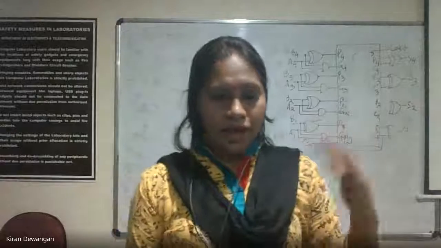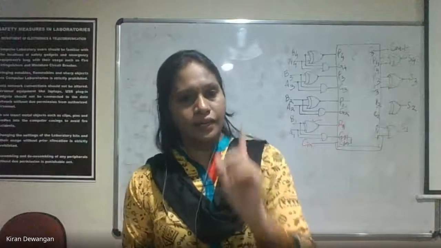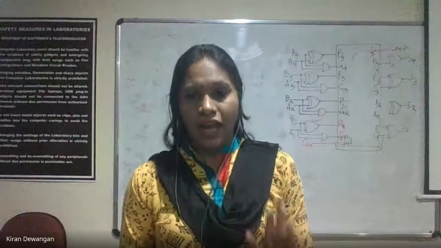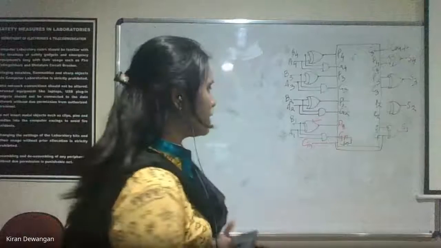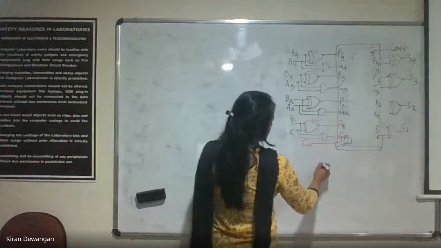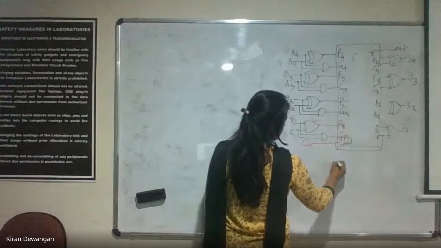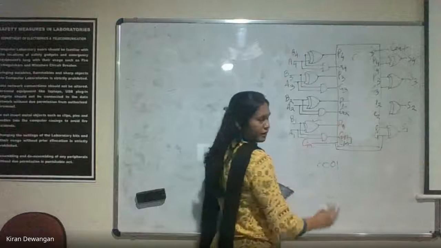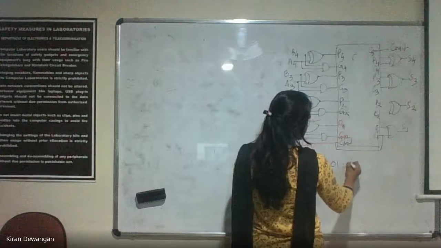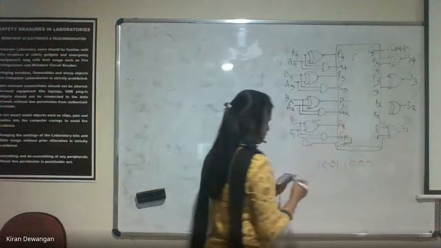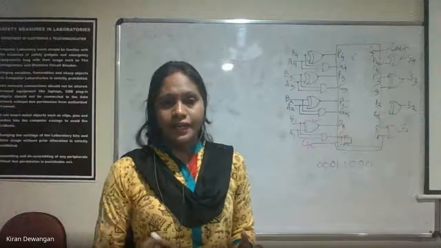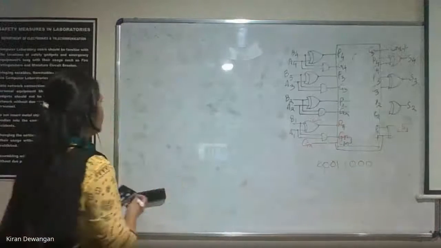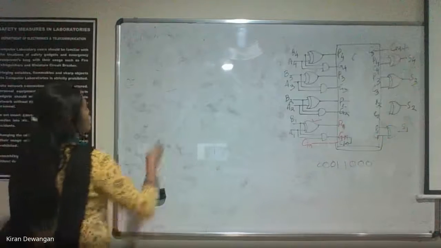Now if I am adding, maximum BCD number कौन सा होता है? 9. Correct? 9 plus 9, that is up to 18. Correct? And 18 is represented as 0001 and 8 is represented as 1000. So this is how we represent the number 18. Now we need to know the sum outputs.